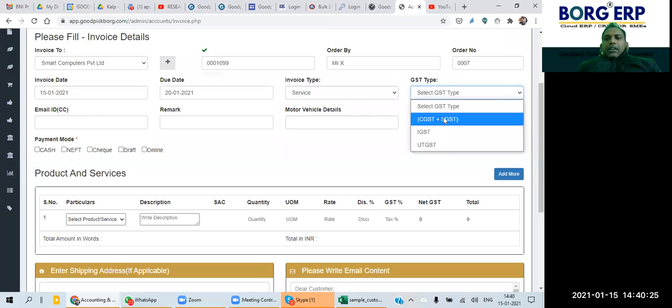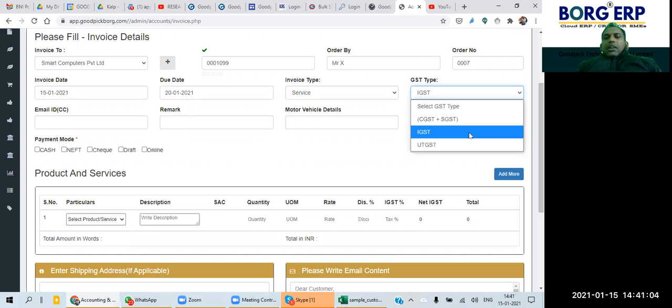Then let me select the GST type. We have done this manually here just for your convenience and choice. Very soon we are going to make this automatic, so based on your customer location, it will get selected automatically here. So I'm selecting IGST. For your understanding, if you are billing in the same state where you are, you'll have to select CGST plus SGST. IGST is for when you are billing in another state.